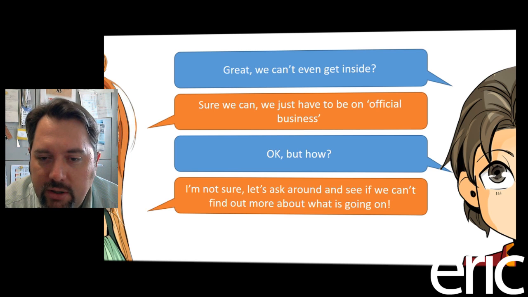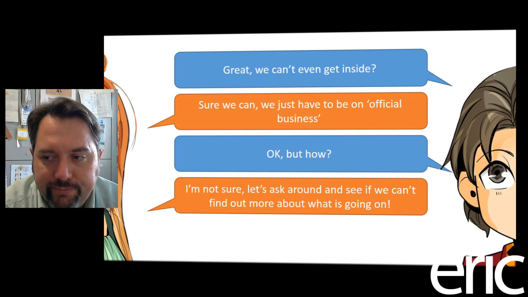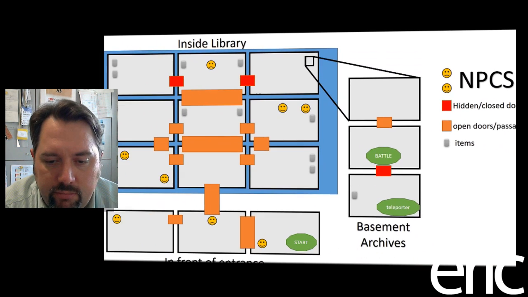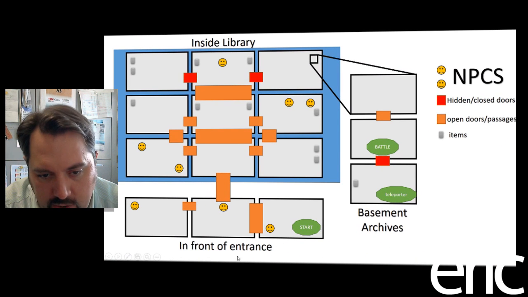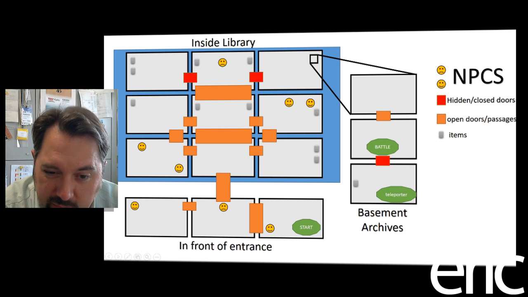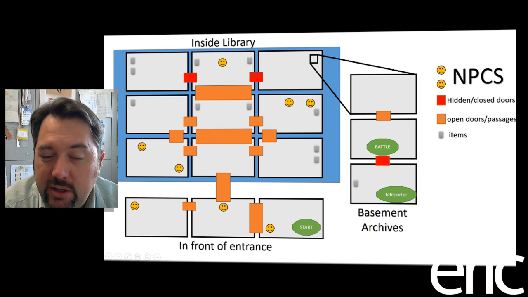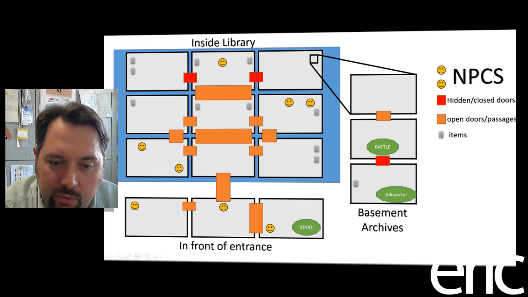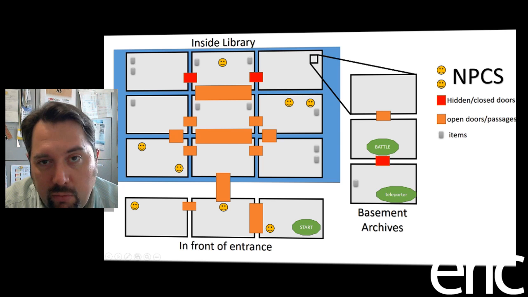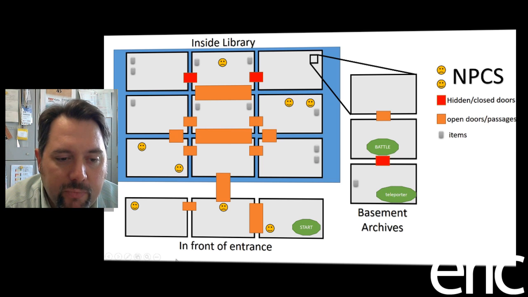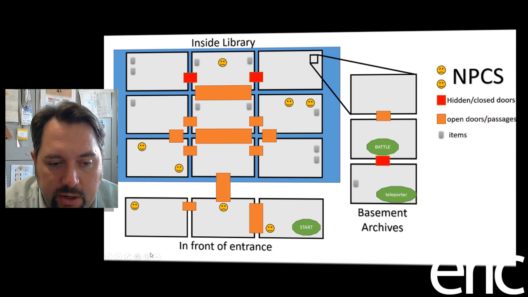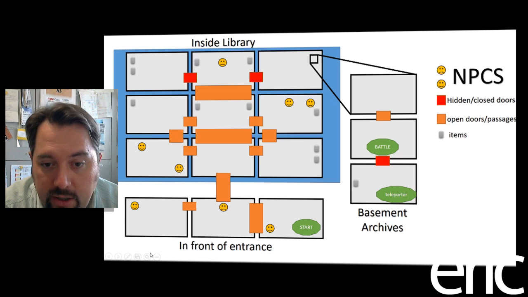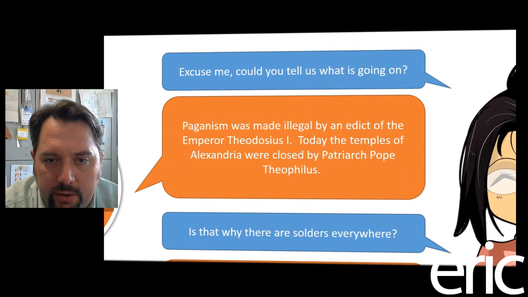Let's ask around and see if we can't find out more about what's going on. So you have the option of trying to walk around. Maybe there's another few people in here just to say some random stuff. I'll leave that up to you. If that's a good or bad thing, or it'll extend the time too long, maybe we should cut down the amount of NPCs, something we might have to think about. But over in this next screen here, you'll find a librarian that will give you some more information. And go up to the librarian.